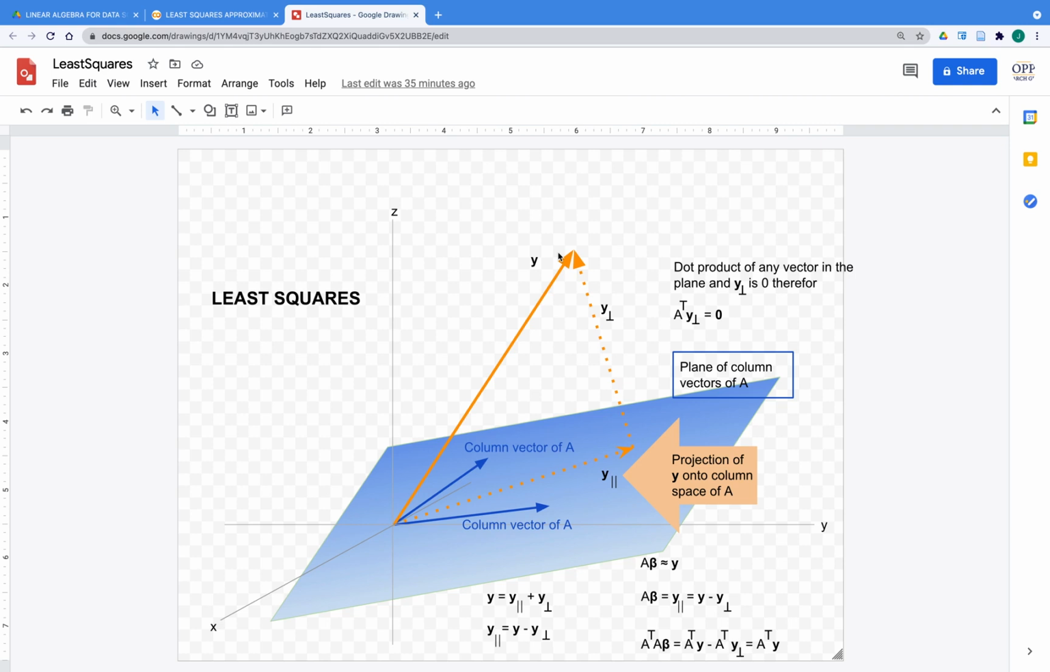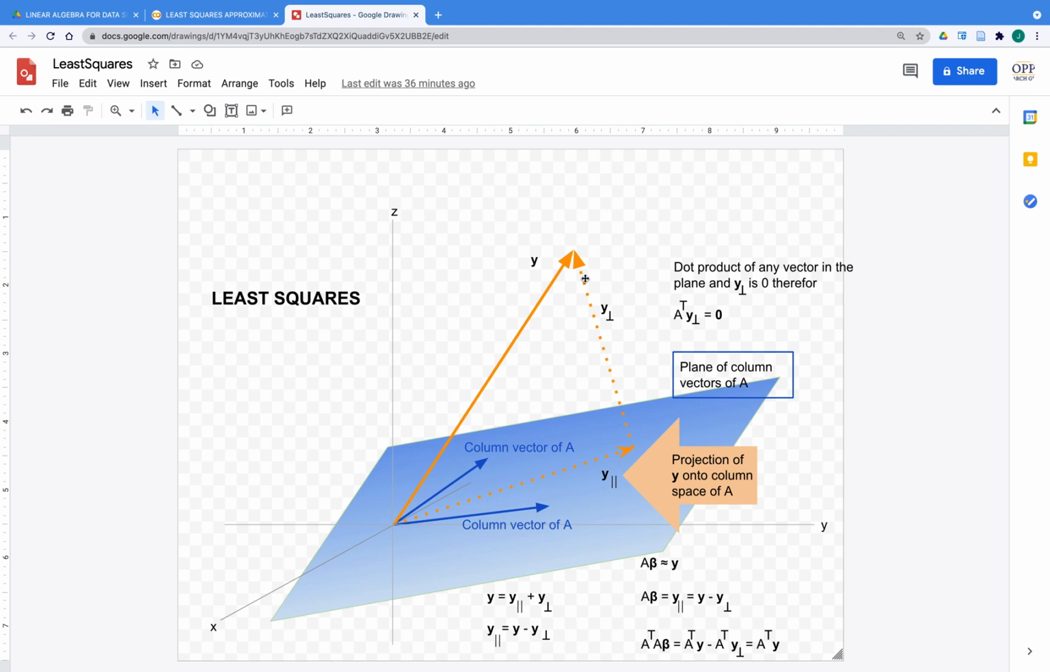Fortunately, we can find this projection of y onto the column space. And we do that so that, perpendicular to this plane, there is a point on this plane that goes out to y so that this distance is the shortest possible. This is the perpendicular projection down onto the plane. And now you can see we've decomposed y into y parallel, because I'm just using y parallel there because it's parallel to the plane, and then y perpendicular,